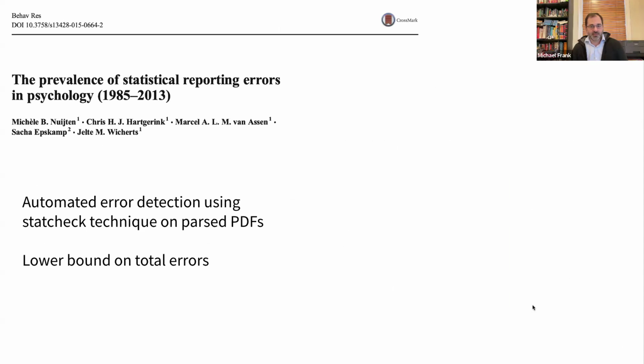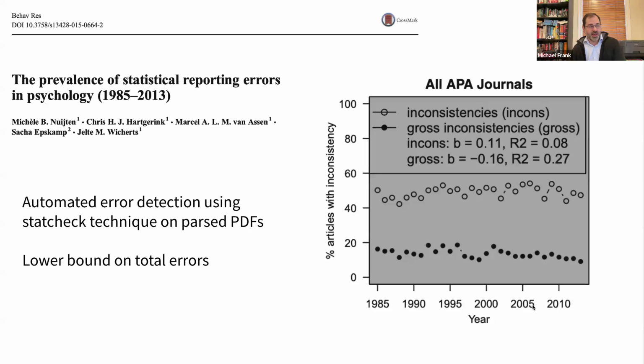Here's one more on this particular track. Nuijten et al. used automated methods to extract this kind of reporting from papers and found actually that almost half of all papers had some kind of reporting error in it by this standard. And this is a real lower bound on the number of errors that are out there. So these studies started to radicalize me about the prevalence of error in psychology and in the published literature and science more broadly. I started to worry, hey, it's not just me making errors. Actually, everybody makes errors. Some of these are deep and consequential errors. Some of them are just typos and reporting errors, but this is not good.